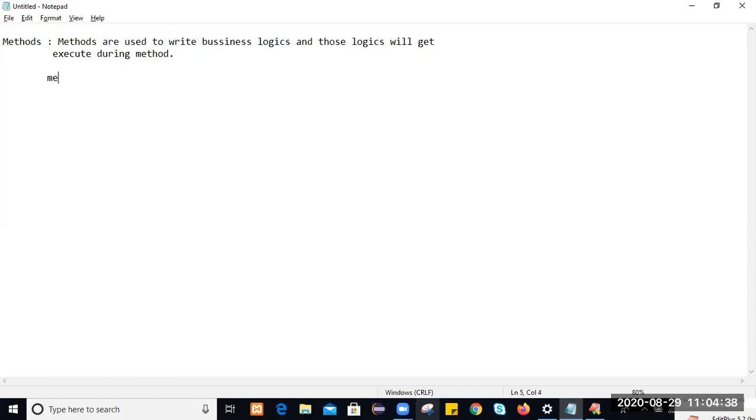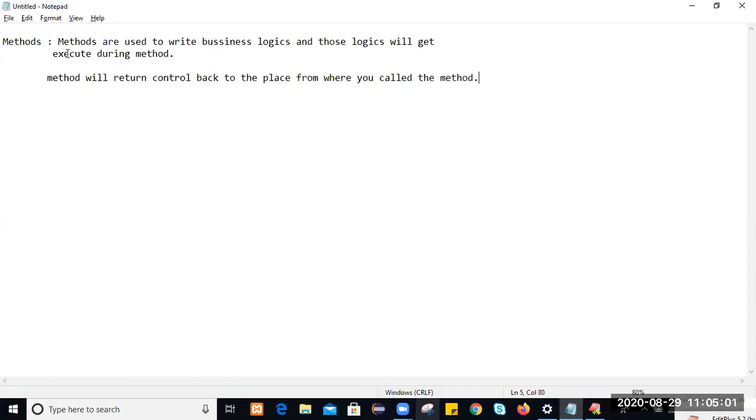Okay, so there is one more application of method: the method will return control back to the place from where you call the method. Always remember that.